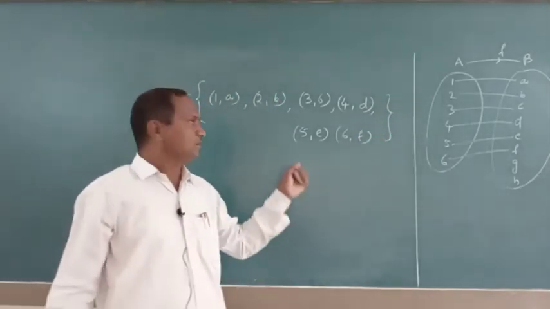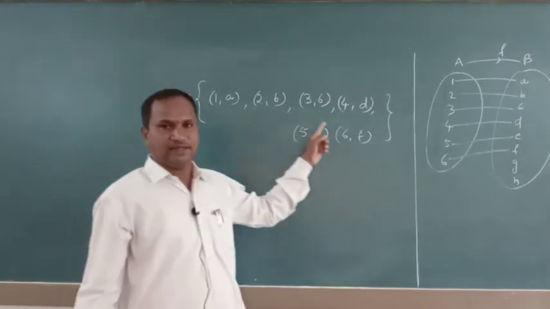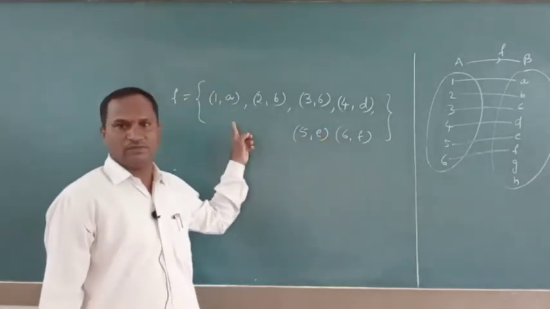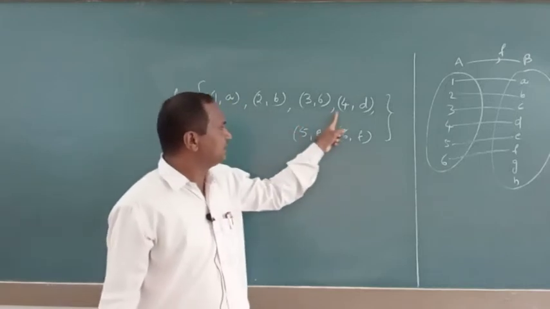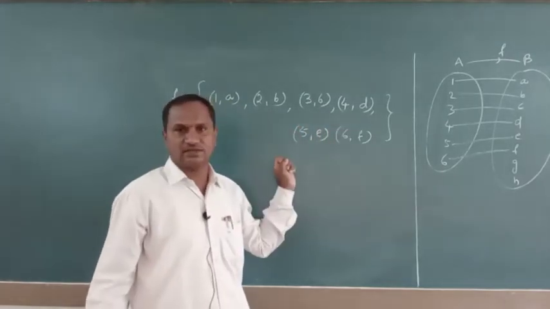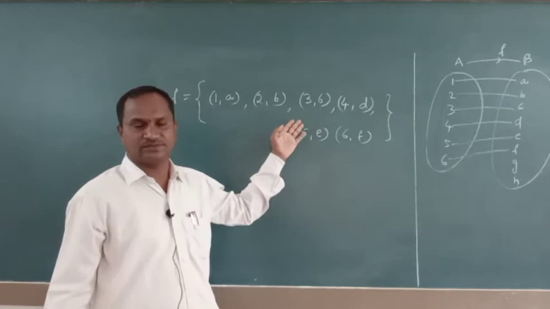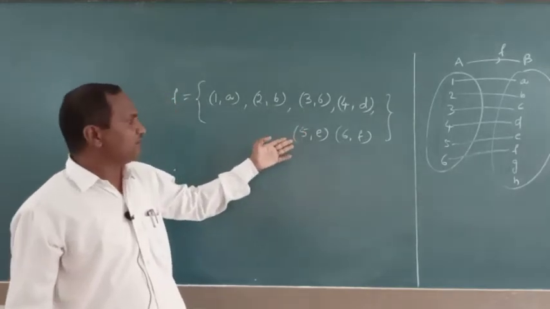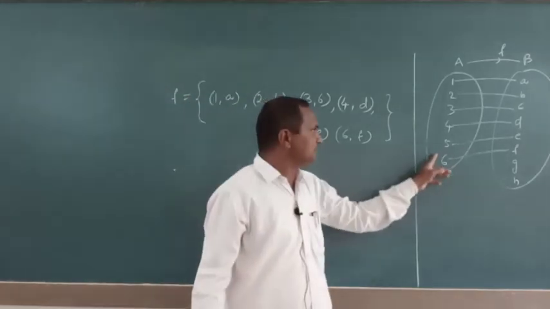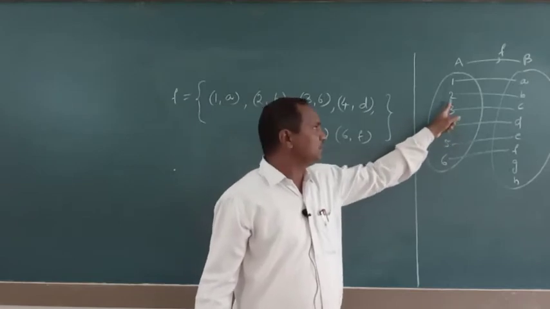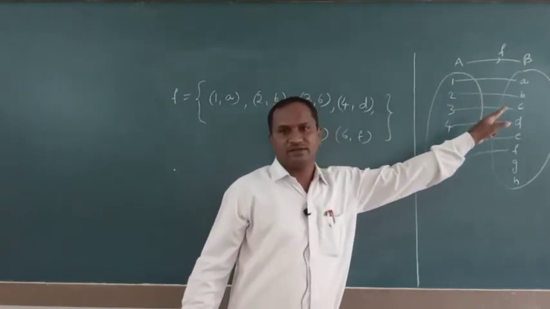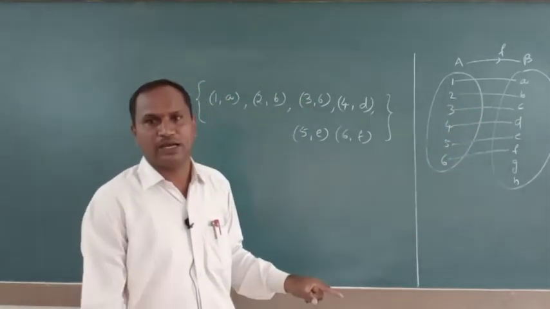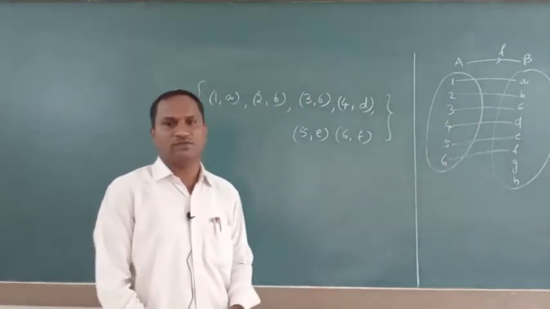If you can observe, all these ordered pairs, we are not seeing repetition of the first coordinate here. 1 is not repeated in first place. 2 is also not, 3 is also not. That's why, according to the definition, mapping should be there from all elements. At the same time, each element must have only one element in set B. In that situation, F maps from A to B is called a function.